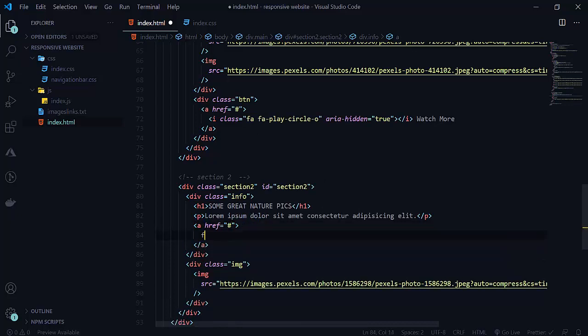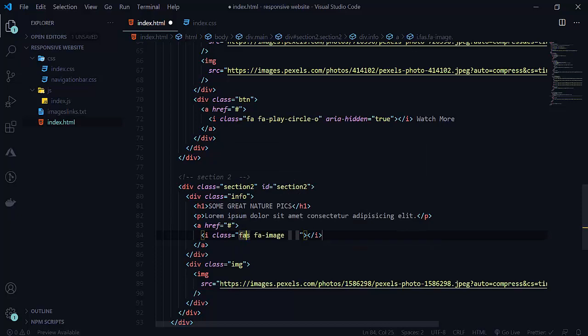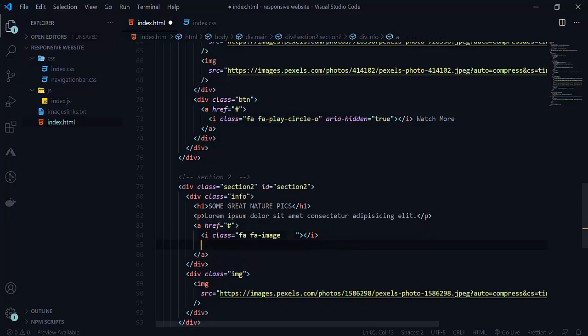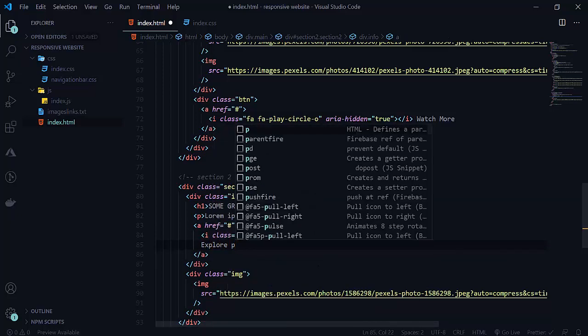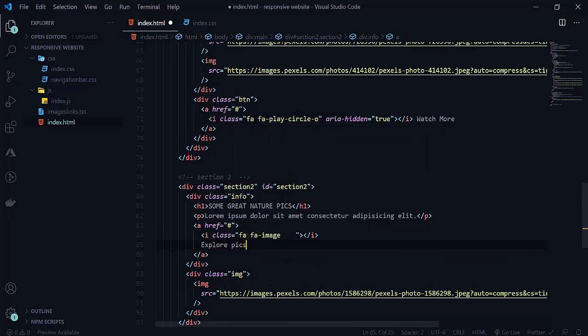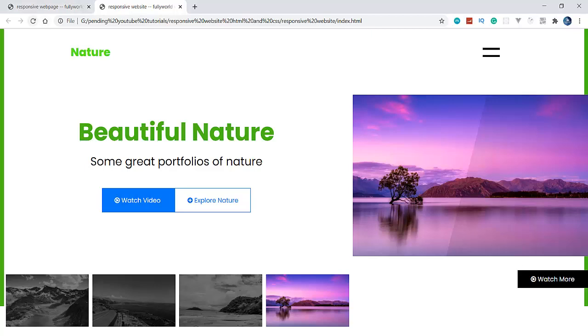Here we want our image, fa image, and here we want this, explore pics. Save it. Whenever we reload it, see what we will get.